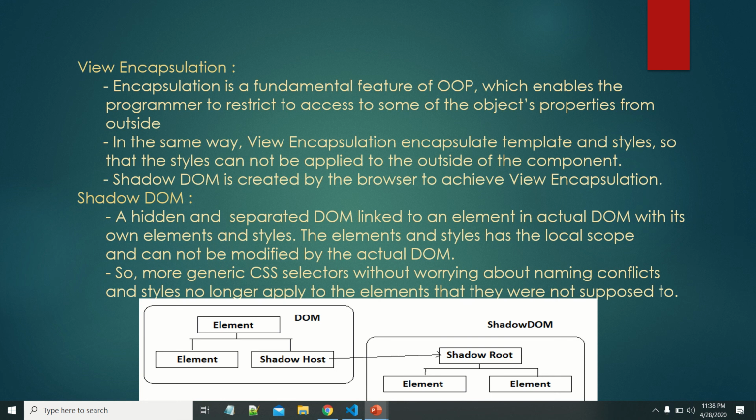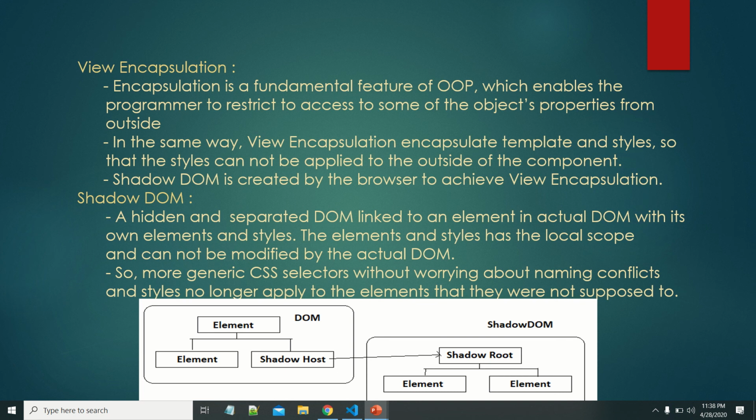Then what is shadow DOM? First of all, what is DOM? DOM stands for document object model. If any HTML file is rendered in the browser, internally the browser creates a DOM. DOM is basically a tree structure of objects, where each object represents an HTML element in the HTML document. We discussed the DOM in detail in another video, so kindly watch that video. Now, shadow DOM is a hidden and separated DOM linked to an element in the actual DOM.